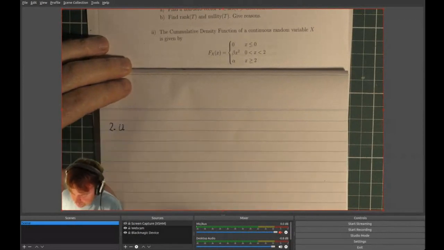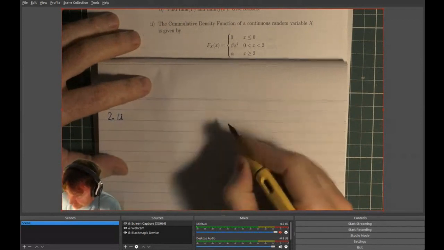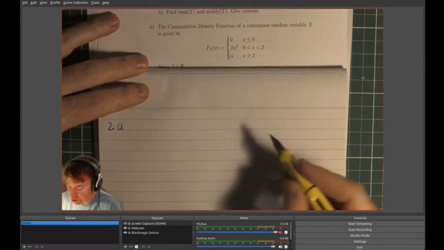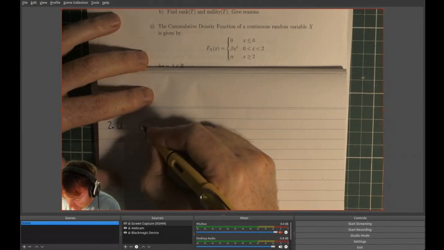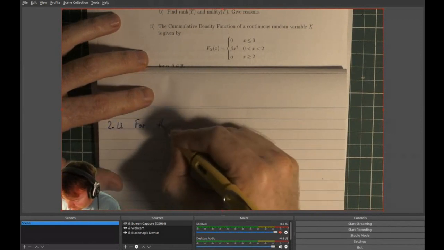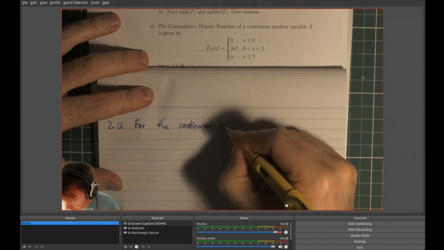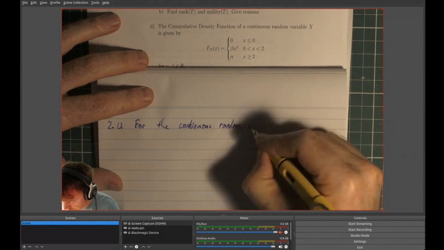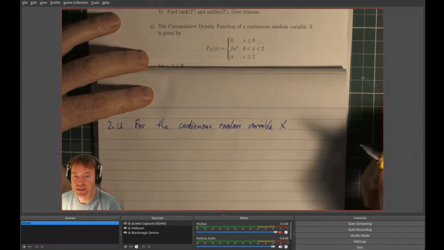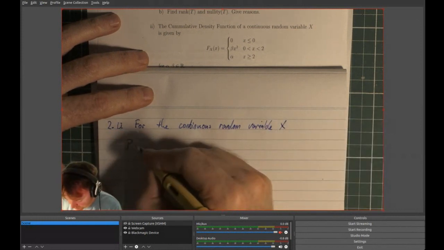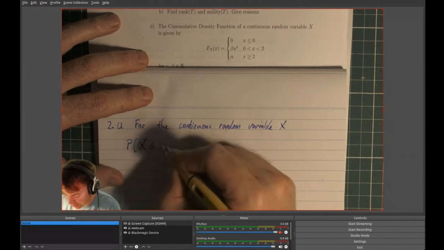So this is question 2, part 2. Let's just remind ourselves what the cumulative density function actually says. The probability for the continuous random variable x, the probability that the value is less than or equal to k